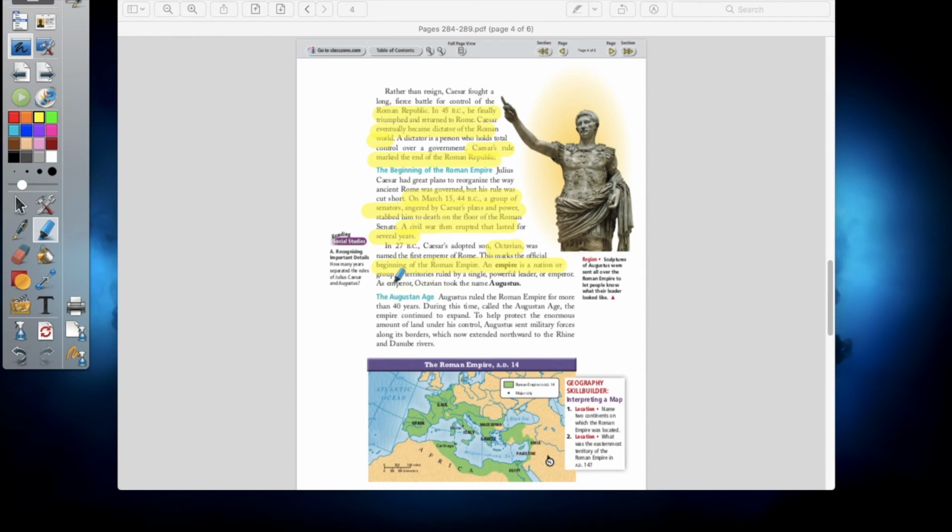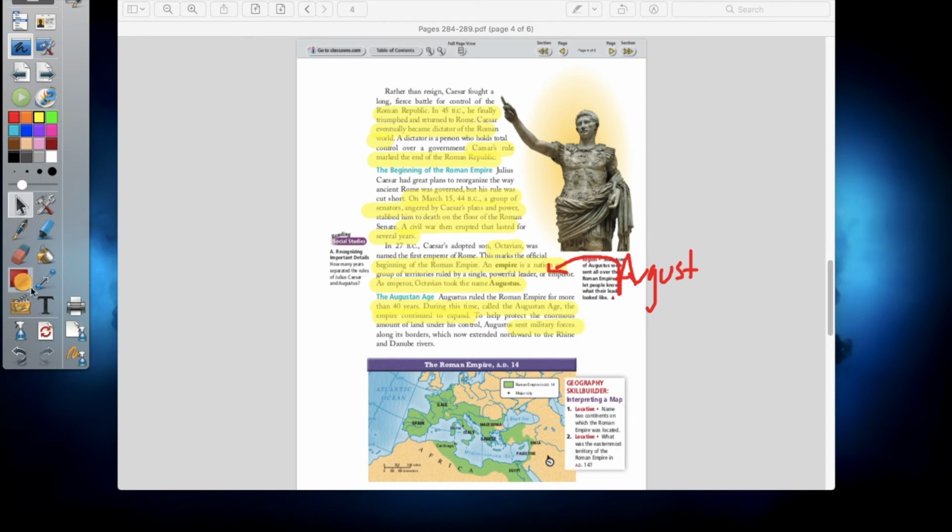And because of that, Octavian also changed his name to Augustus. In fact, the month of August that we have in our calendar was named after Emperor Augustus, because nothing says I'm powerful like having a whole month dedicated to you on the calendar, okay? So that's what ended up happening. So because of that, for the next 40 years, known as the Augustan Age, Rome continued to expand very rapidly. The military became very powerful as well. Their borders were secure. They conquered huge amounts of territory.